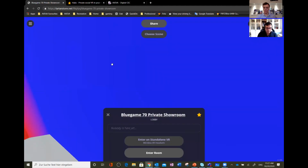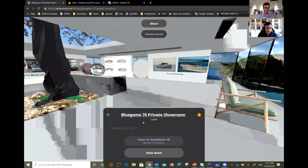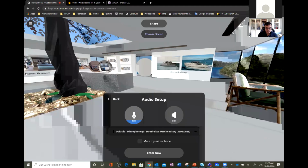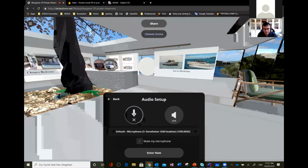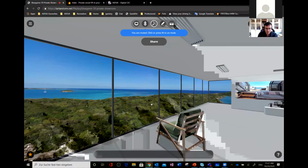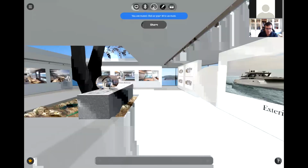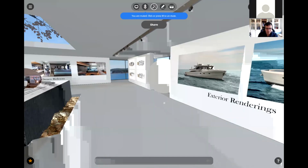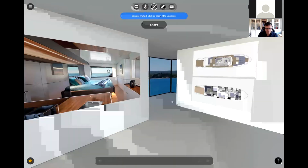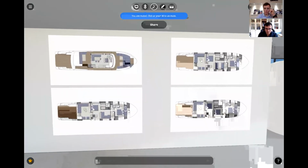All right. So as you can see here, this is loading on my browser. I'm using this on a small netbook, and this is three-dimensional. And the second interesting thing is, as you can see, I'm just going to go full screen, that I can enter into this space with an avatar. So I've then got this element of agency. I've got the ability to go where I want to look at the things that I want to look at. As you can see here, it's very good for presenting high resolution images. I've borrowed these from the Blue Game website,